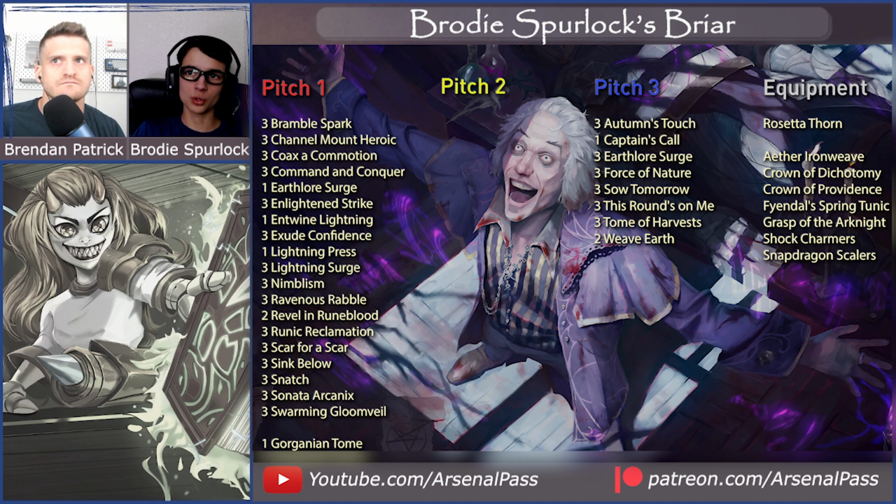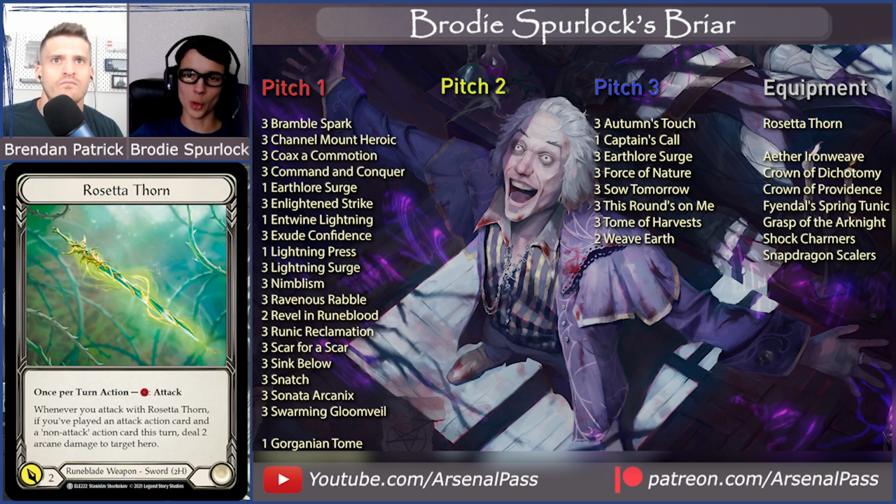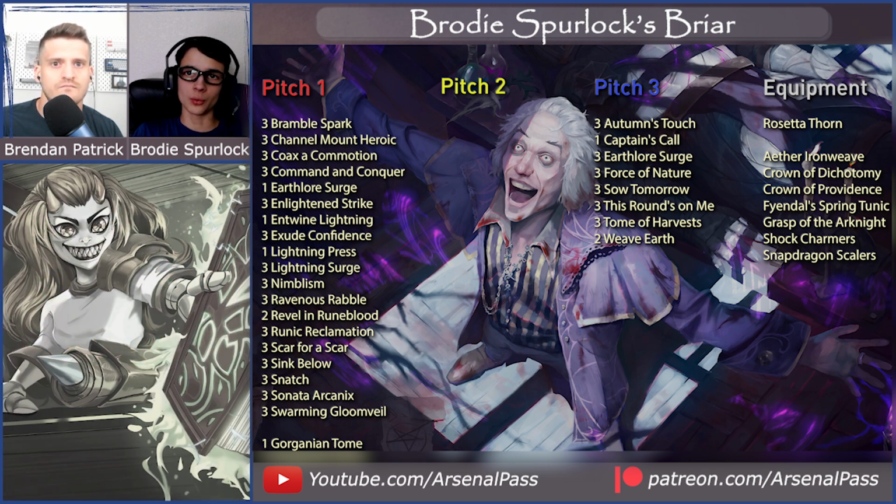and hope to draw about 1 blue per turn, because your first blue can be used to pitch the Grasp of the Arknight to make a rune chant, and Rosetta Thorn to swing for 2 arcane and 2 physical. So the first blue is worth 5, and then outside of that 1 blue, you're hoping to draw all of these zero cost reds, and the deck with a good mix of non-attack actions and attack actions is able to really take advantage of the like requirement on Rosetta Thorn to play